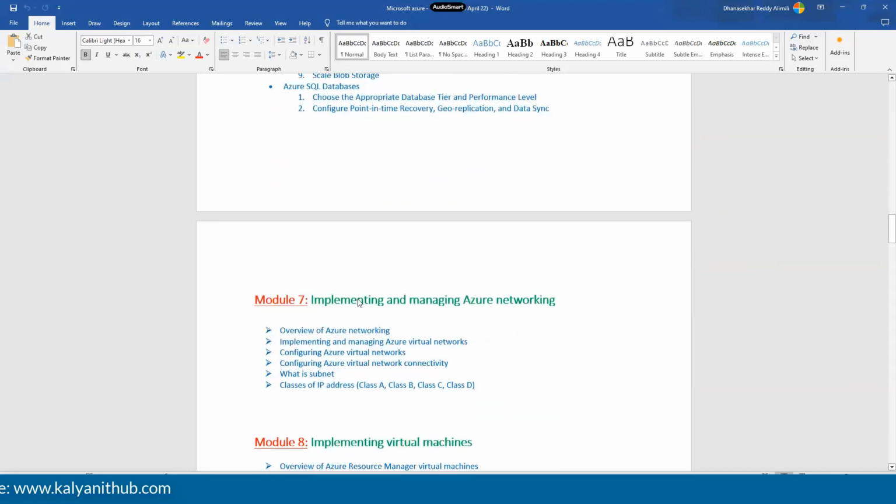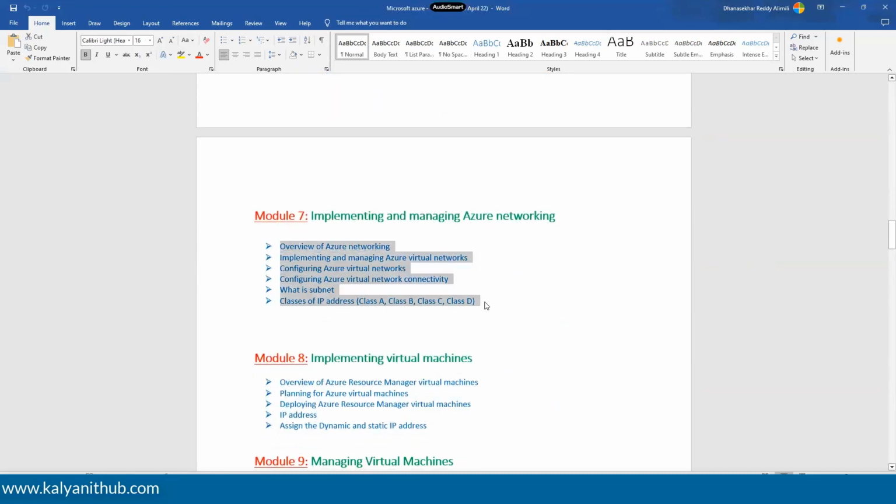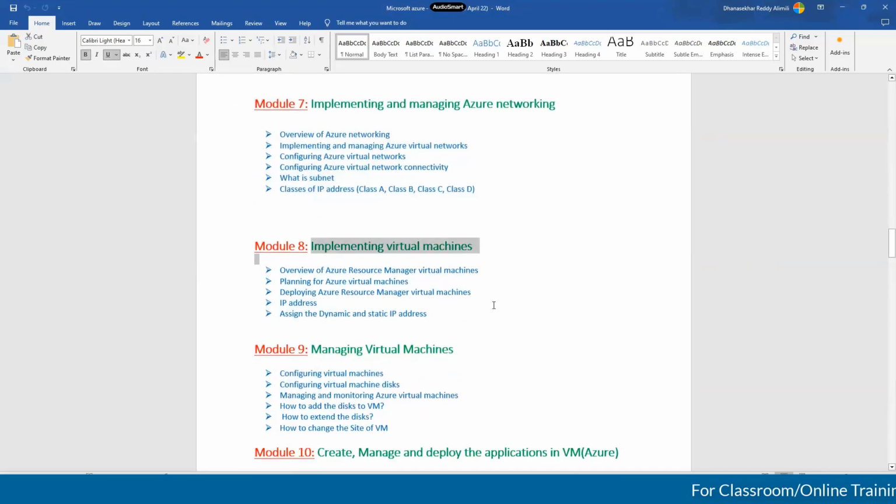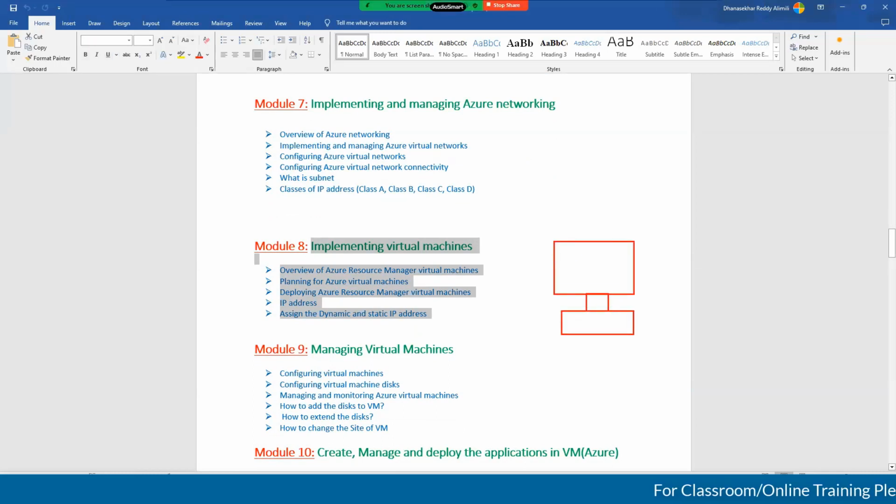Module 7, implementing and managing networking. Here we will see what a network is, how we can define the connectivity from on-premises to cloud, and how we can establish the connection from our on-premises data center to the cloud. Module 8, virtual machines. Here I will show you how to create a virtual machine.